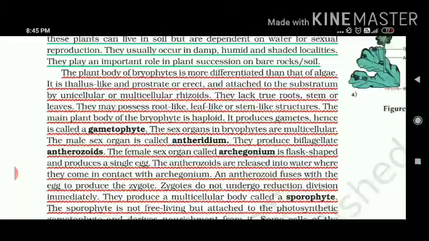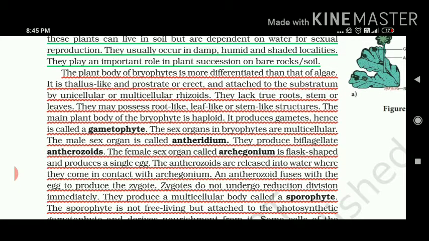Because anthers are complex structures which are produced by the flowering plants. Because these bryophytes are very simple in nature as compared to gymnosperms and angiosperms. So the naming is a little bit different from those structures. Coming to the second part, the female sex organ is called archegonium or archegoniophore. It is a flask shaped structure and it will produce only a single egg.